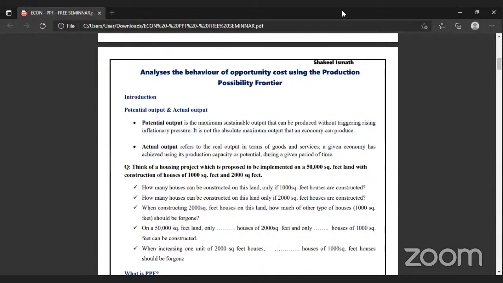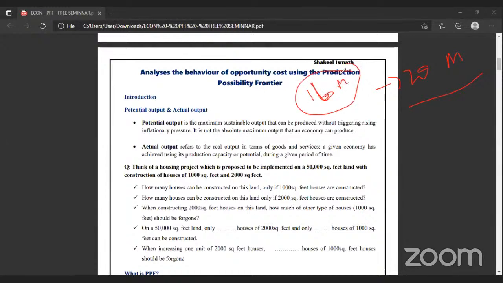Potential, in the sense, say for example, I will take Sri Lanka. How many total population? 20 million population is there, roughly. Among the 20 million population, according to 2016 stats, about 14 million people are eligible to work, I guess, somewhere around. Just take it as 14 million. These are people eligible to work. So this is what we call our labor resource, the people who are eligible to work.